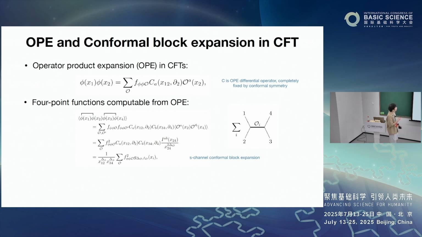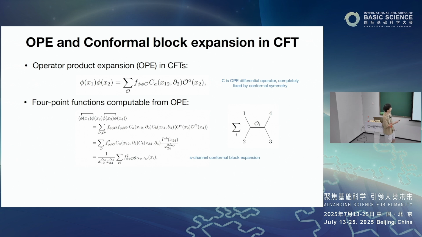So the first one is the OPE, I mean the operator product expansion, and the conformal block expansion in CFT. The operator product expansion is the most powerful tool in conformal field theory, which says that a product of two primary operators in CFT can be written as an infinite sum over a single primary operator and its descendants. So this is the operator product expansion. Basically, you see, we reduce the number of operators from 2 to 1, right? And by using this, we can compute the higher point conformal correlation function from lower point ones, right? Because for any n-point function, we can use the OPE to reduce it to an (n-1)-point function, and we can use the OPE again to get n-2 and then finally a 1 or 2 point function,